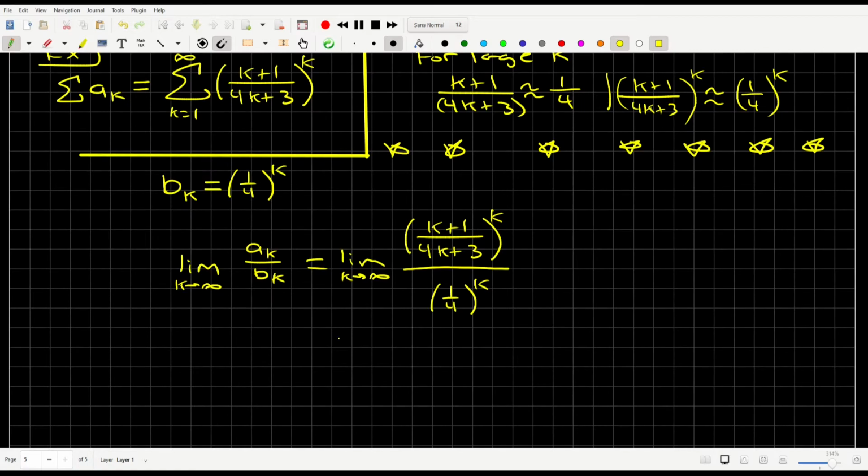This limit is going to be the same thing as the limit as k goes to infinity of 4k plus 4 over 4k plus 3, to the power k,